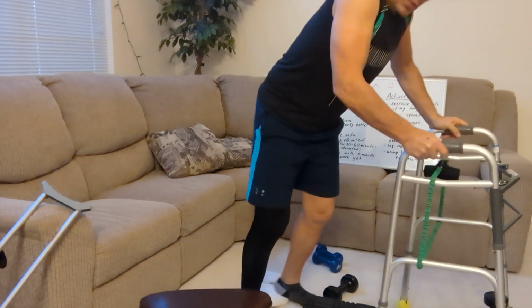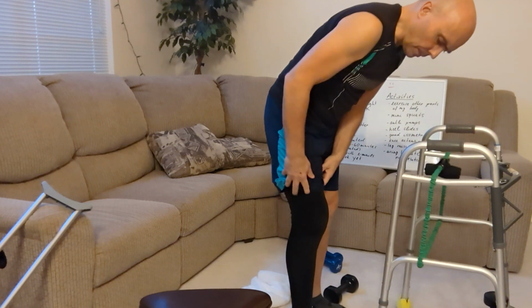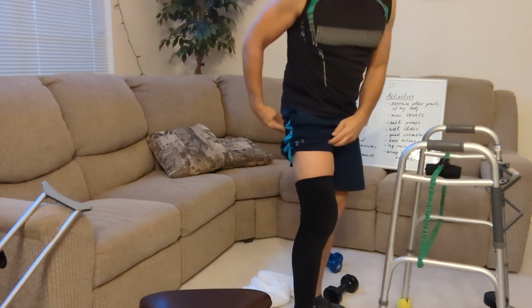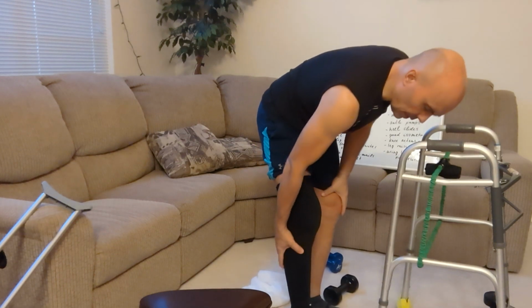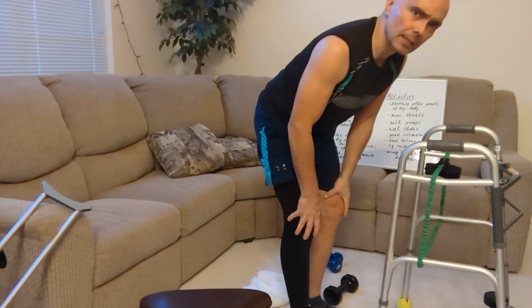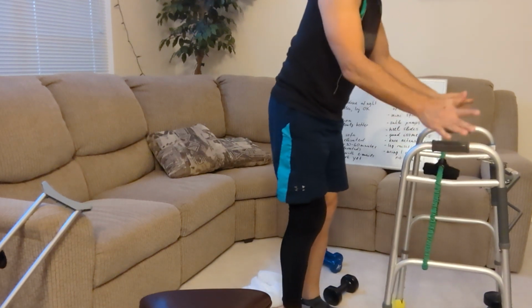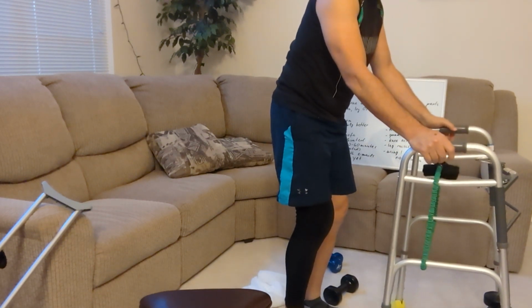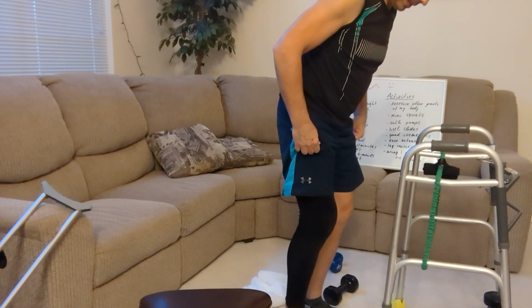So I'll start with the mini squats. You can see I'm still wearing the compression sleeve. It's really helping to keep things together and reduce the swelling in the rest of my leg, so I really like it. So the mini squats, you did this before, you can hold on, you don't have to see. Today it's really tight. 2,